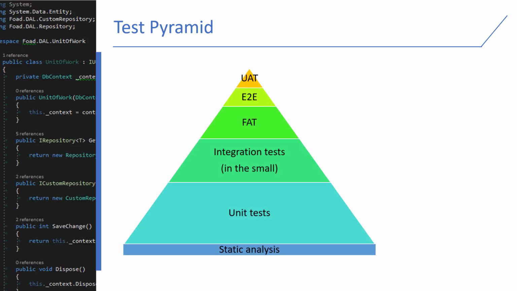The first thing that you need to know is the test pyramid. What is the test pyramid? Test pyramid is something that you need to always have in mind about the different types of tests in software development. It starts from the bottom. The first thing that I have at the bottom of this pyramid, I know it's a rectangle, it's not a 3D shape by the way, is static analysis.